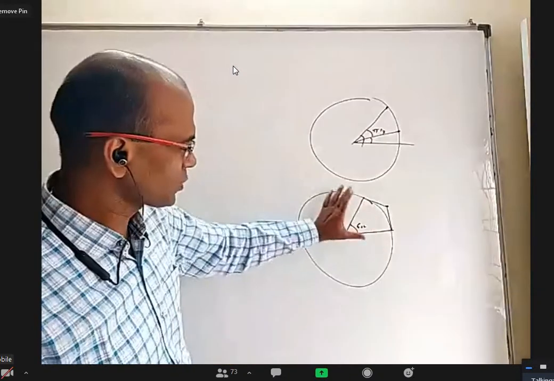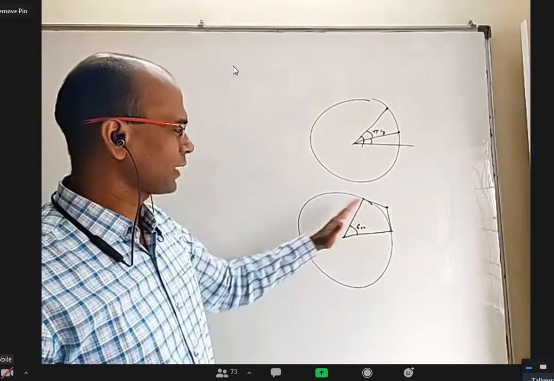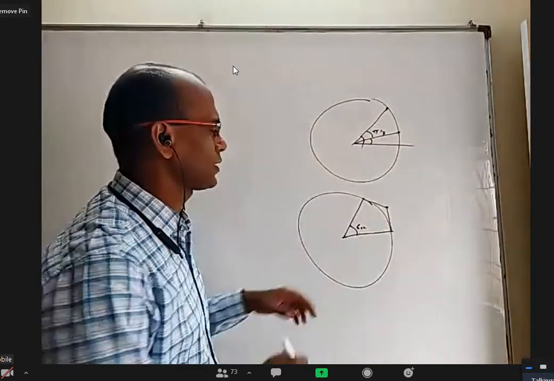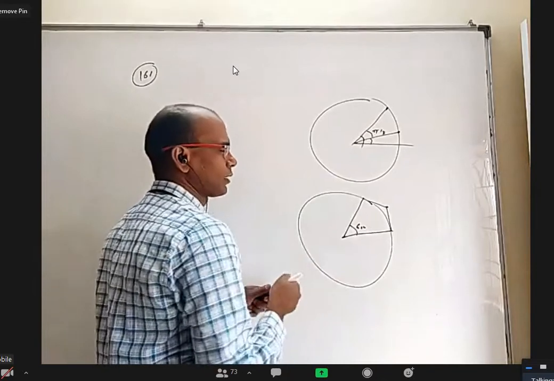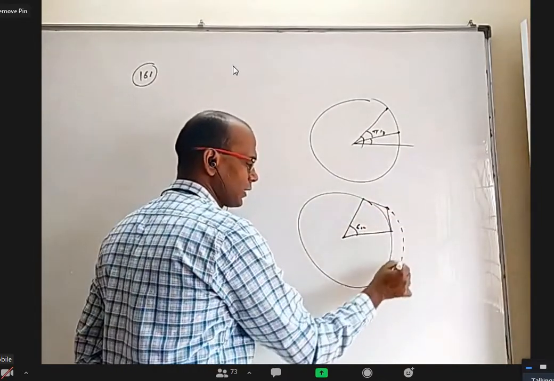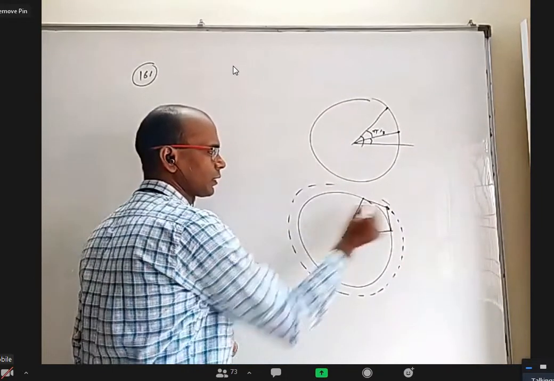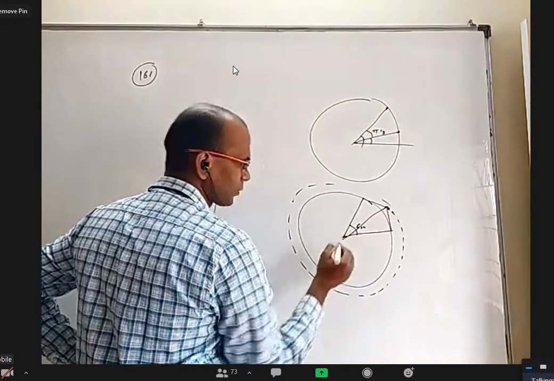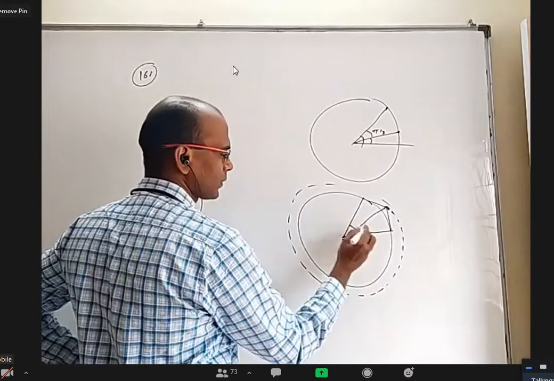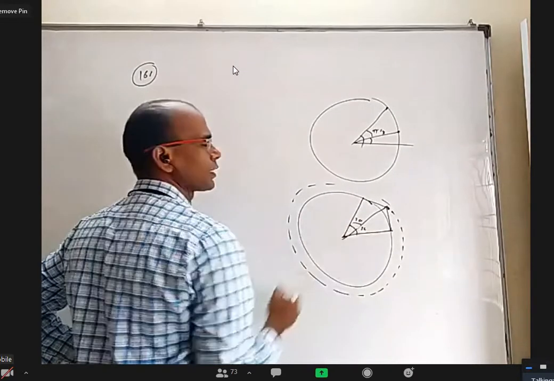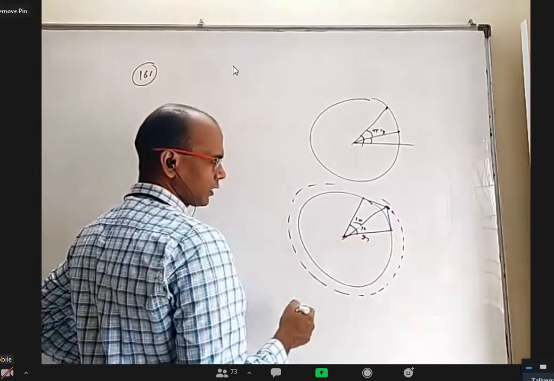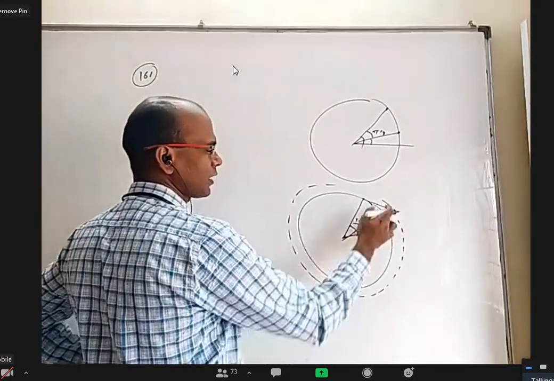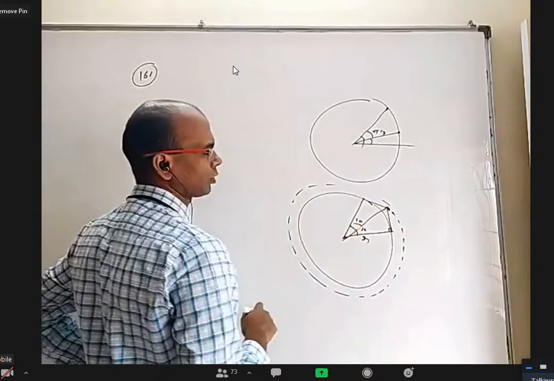Of course, I can rotate this whole thing. I can move this, but the angle between these two should always be 60. Then obviously when I rotate like this, what is the locus of this point? It will be a concentric circle. Right? What will be the radius of that? You join here. If this total is 60, this will be 30 and this will be 30. If this is r, what is this length? 90 is here. I know the adjacent side and want to find the hypotenuse, so it should be cos theta.